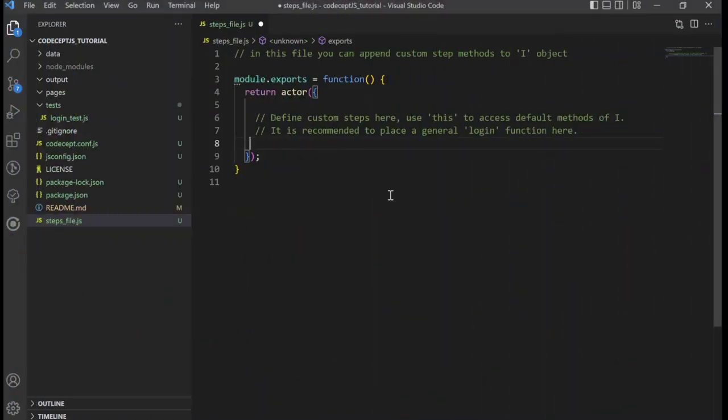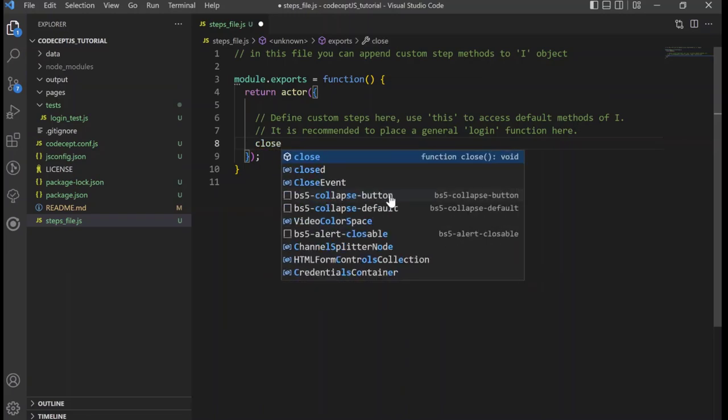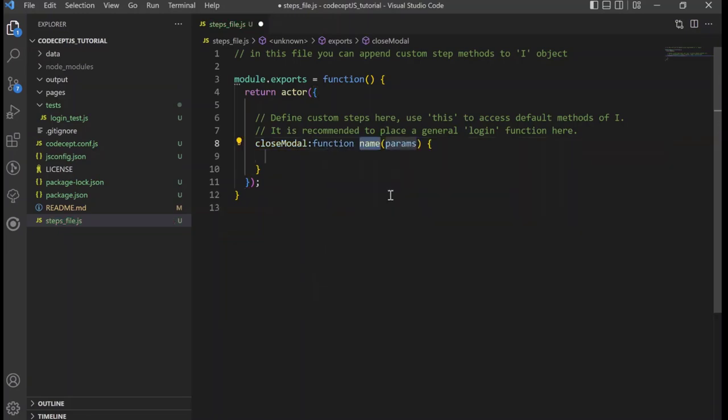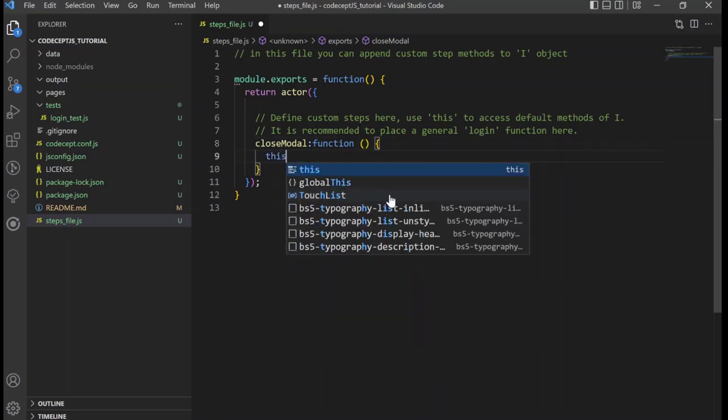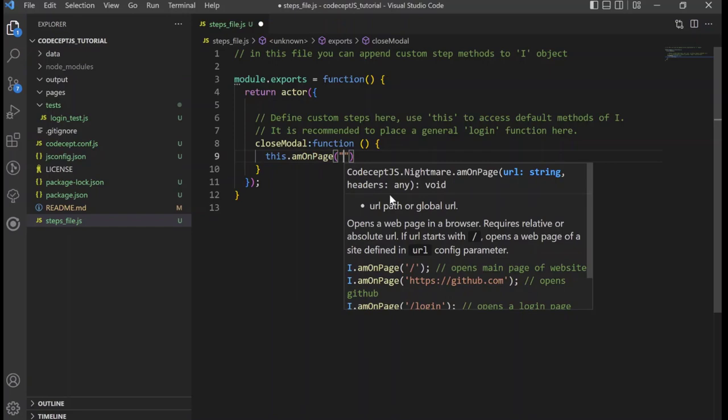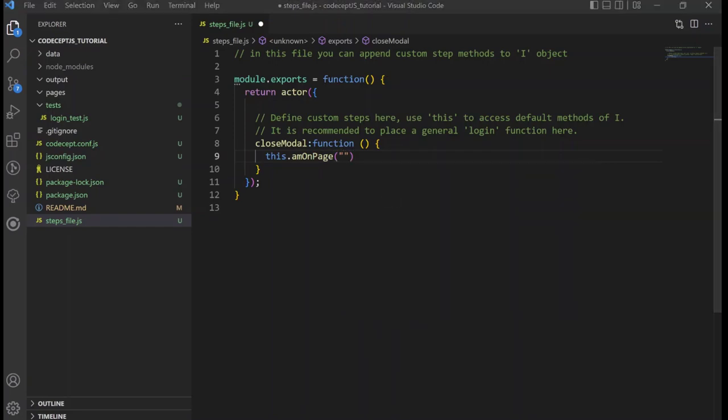So now we are going to describe a new function in this steps file. Our function will be a close modal. So using the function statement here, and we will use this instead of I. And I.amOnPage is a function for navigating, so we will use these from here.